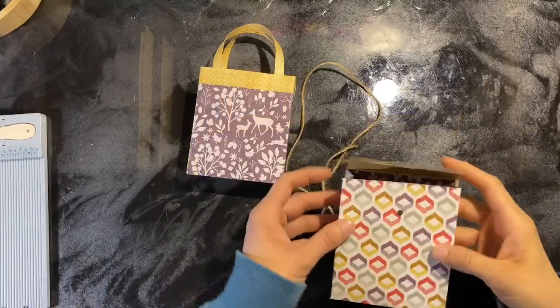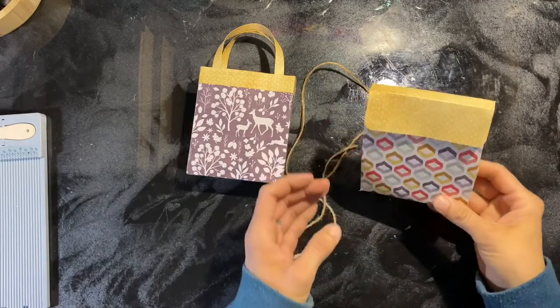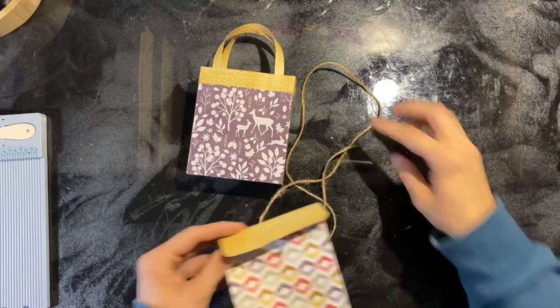Okay, so I went ahead and put the magnet on, but it will stay for a minute and then pop open. So what I'm going to do is I'm going to take some twine here,